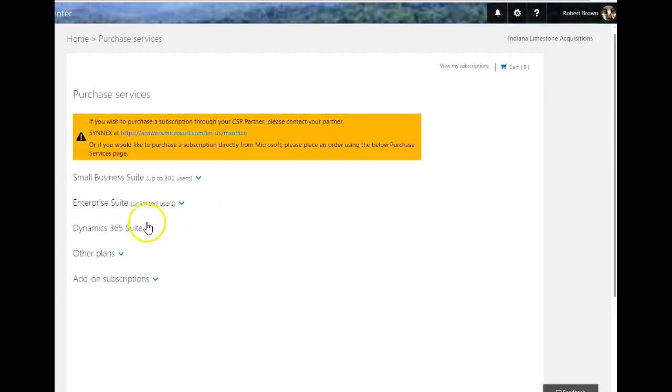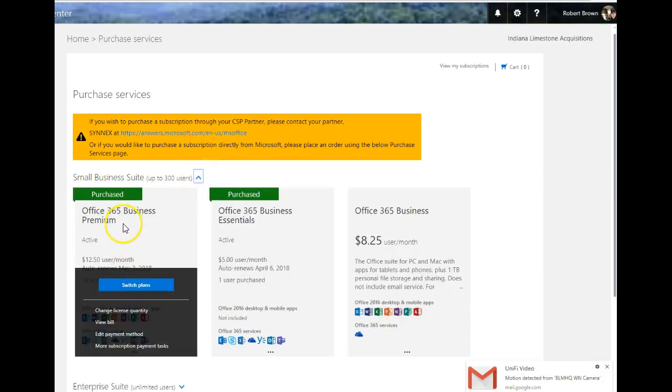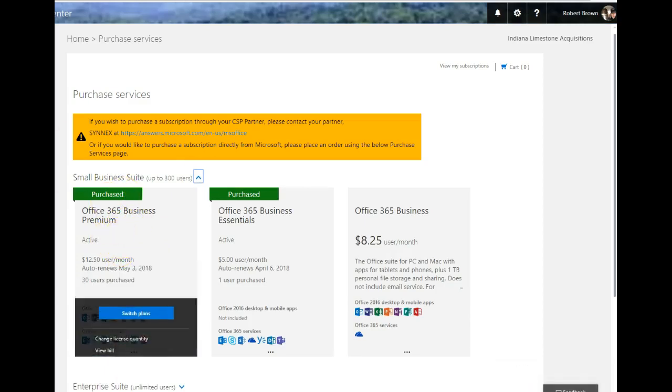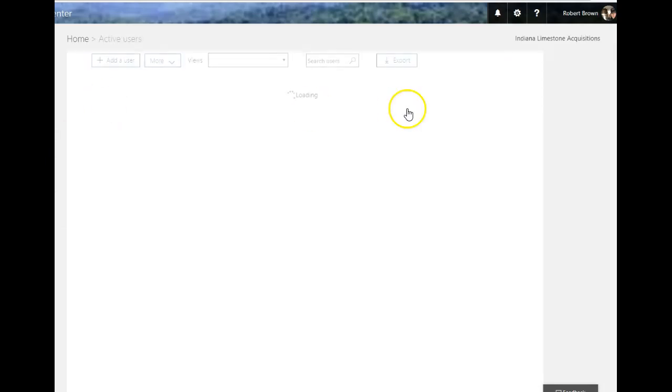So if I want, we're in the small business suite. You might be in the enterprise suite, because we're a small company. So you see here, if I want to buy this premium license, I just purchase it. And then what I'll do after I purchase that license, if I go up to users, active users, so it's